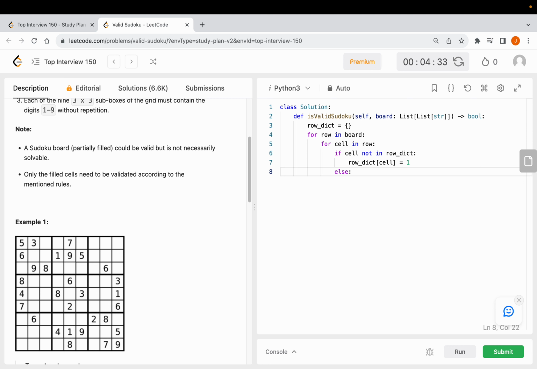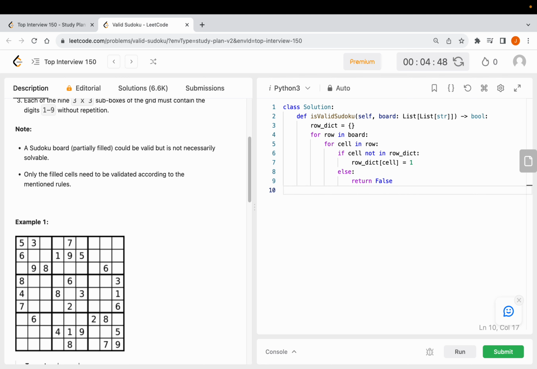If it's already in the dictionary, then we know that this is invalid, so we can return false right away. Now, after we have checked all the cells in this row